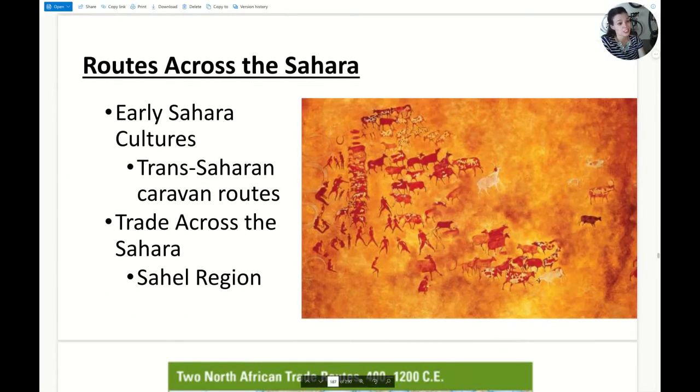So we're going back to ancient history. The earliest evidence we have about the Sahara was that it was actually a savanna. You have cave drawings, you have engravings on rock showing hippos, giraffes, elephants, all that far north, which means that there must have been water that far north to support those large megafauna. So somewhere in history, we see that the climate of Northern Africa changes and this enormous desert is created.